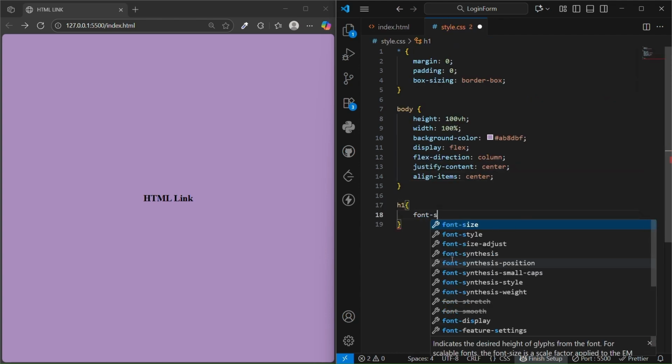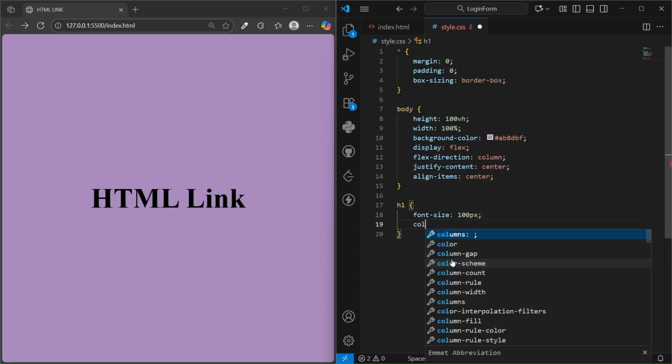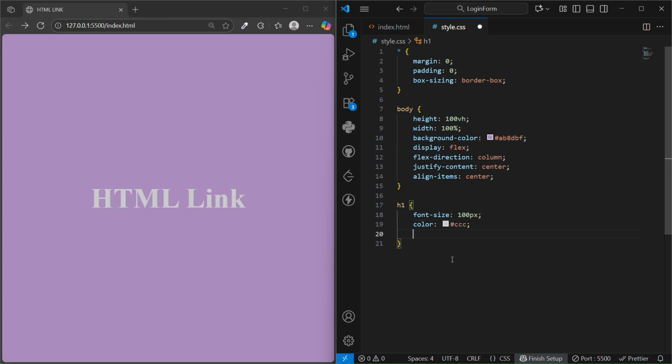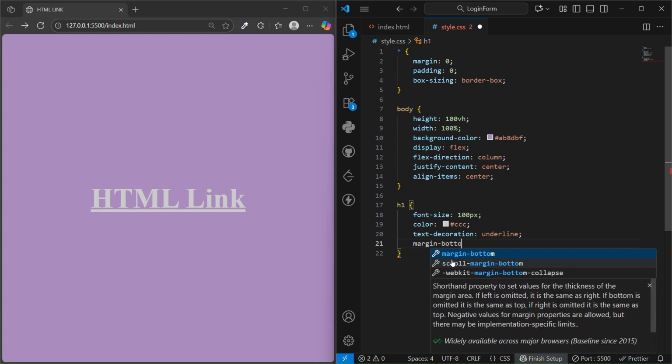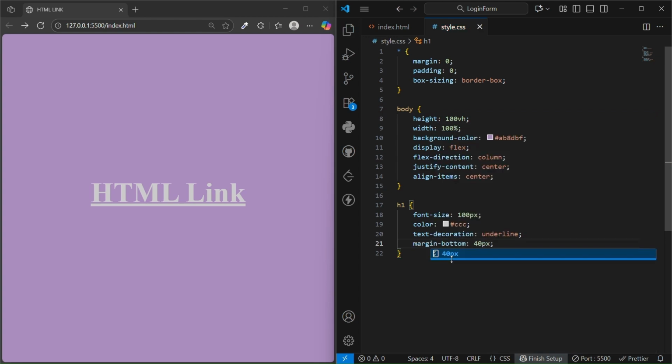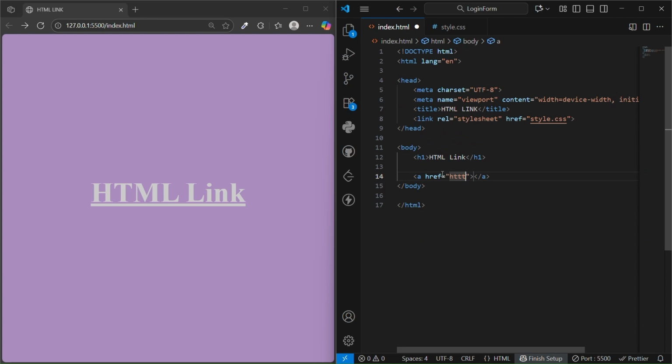Let's style that heading. Set a large font size, a light color, add an underline, and give it some bottom margin to space out the link. Time for the link. Add an anchor tag, a, with the href attribute pointing to Google, and the text Google